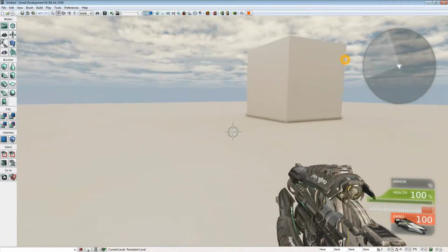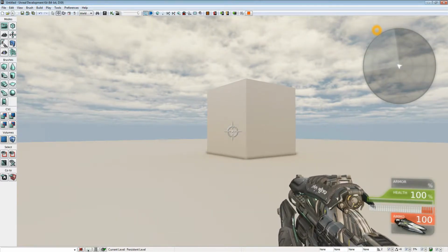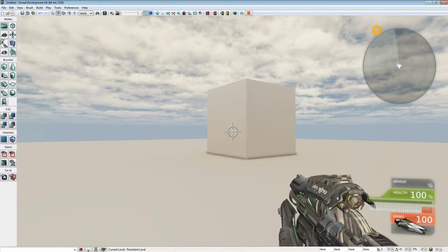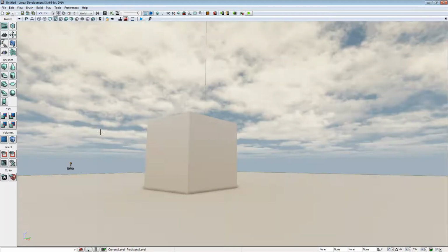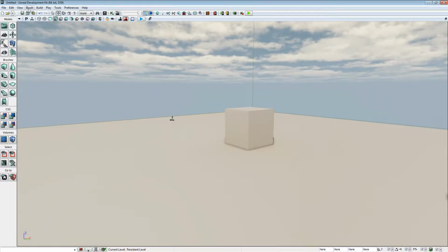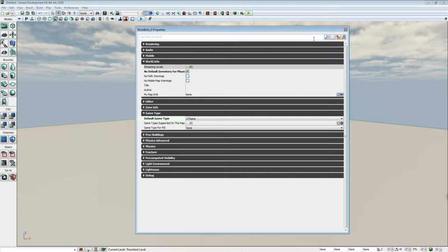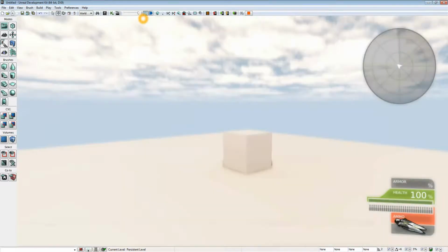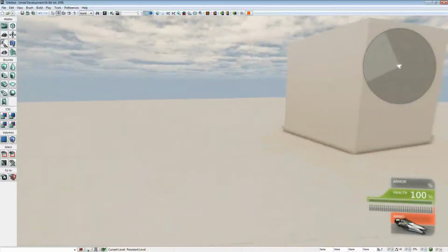Now, let's say your game, or maybe this level, doesn't need any kind of weapon. By default, there's no inventory. So you want that when the level is loaded, you don't have any type of default weapons or inventory whatsoever. So you activate an option again in World Properties. In World Info, you will find something called No Default Inventory for Player. You check that, and if we play the level again, we don't have anything, and we still have the sounds from UTGame. Everything works fine